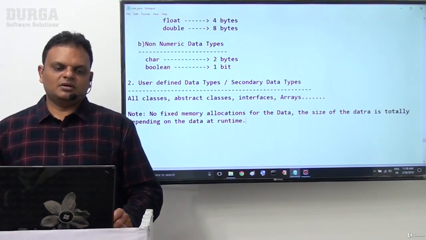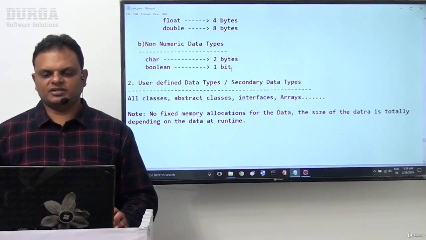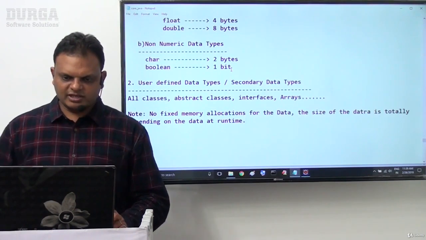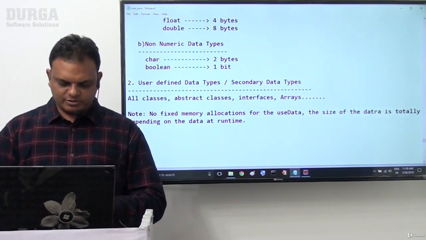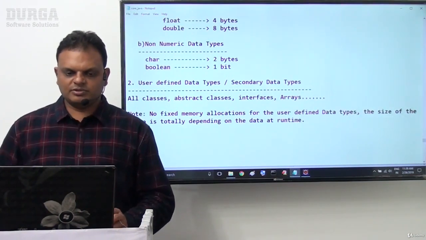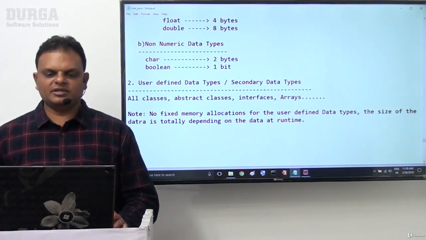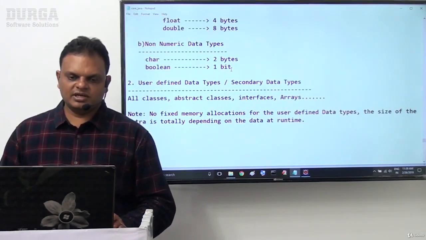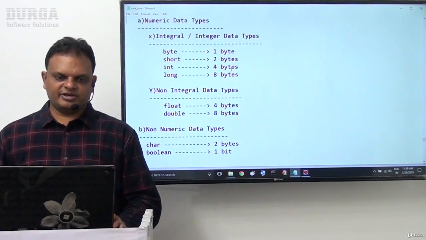No fixed memory allocations for user defined data types. This is about the memory sizes for each and every data type.